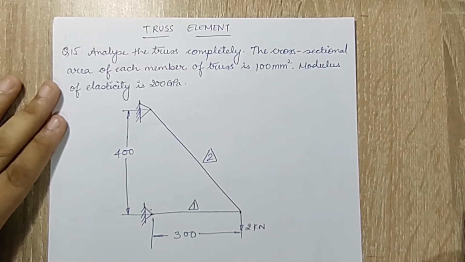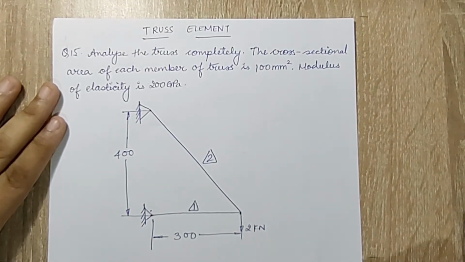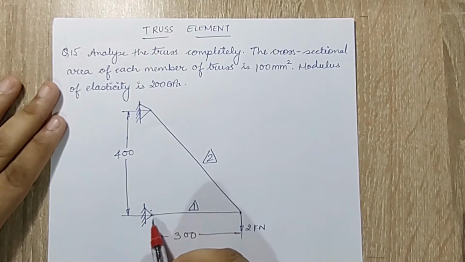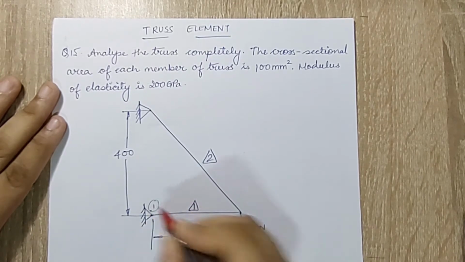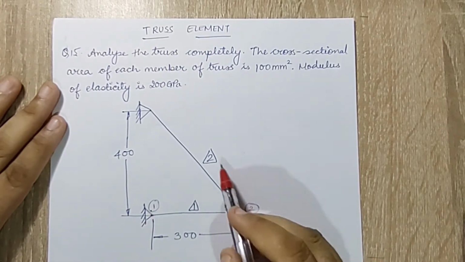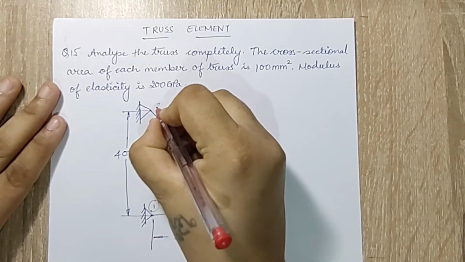The first step is discretization. Now this is the question given to me. When you are solving, you are obviously going to recreate the diagram. So I am not drawing this diagram again for discretization, rather I am just discretizing this diagram itself. Here I can see element 1 and 2 is already marked for me. So I can say element 1 is between node 1 and 2 and element 2 is between node 2 and